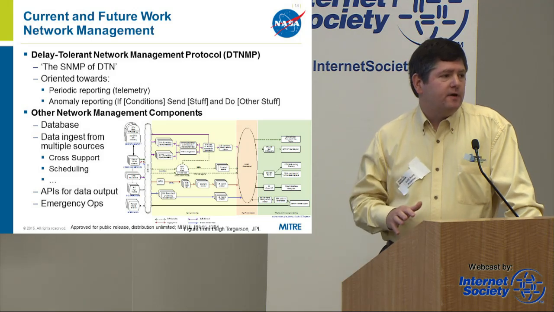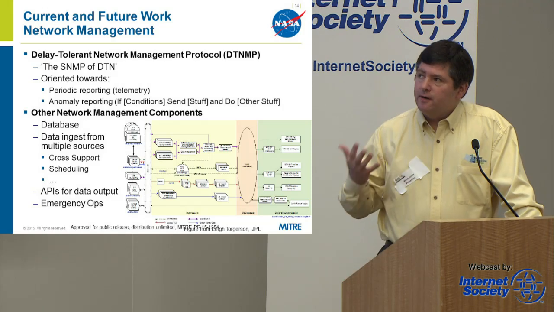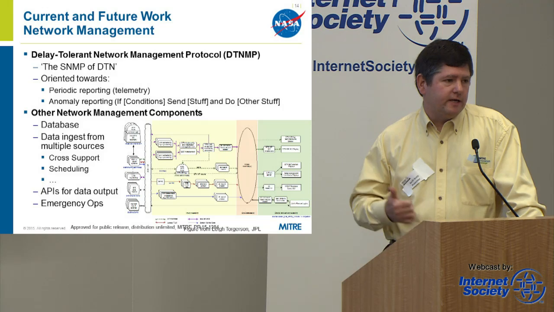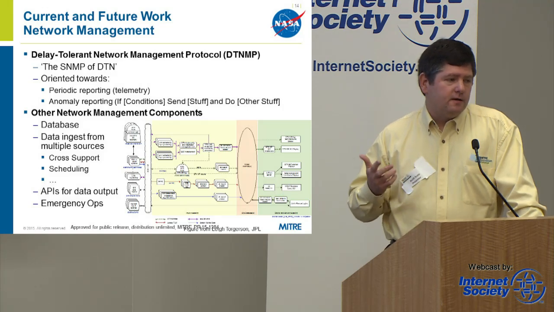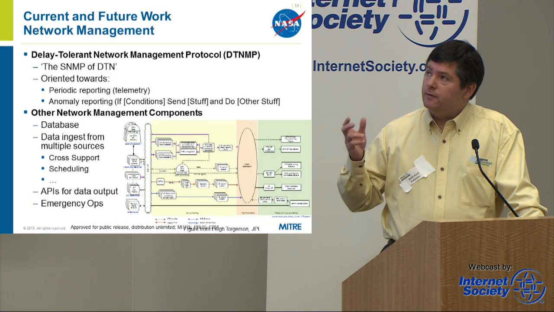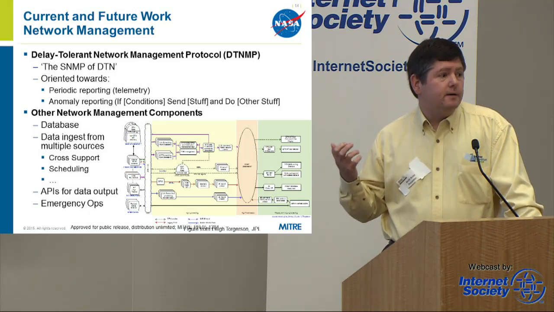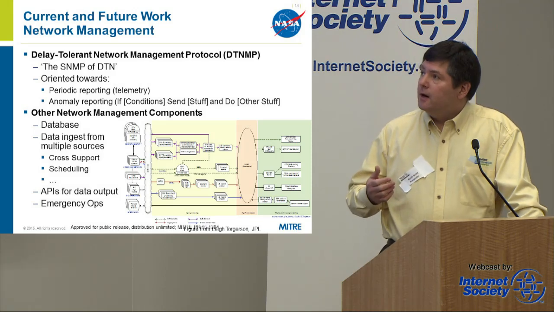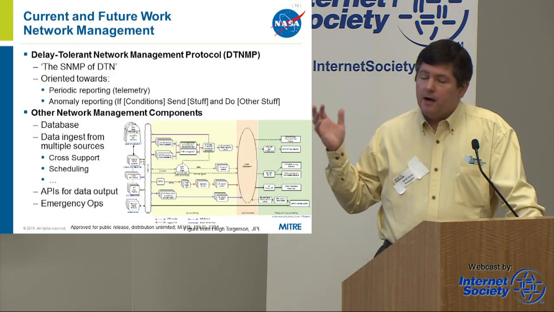There's a ton of stuff going on, and a ton of information that is available. Information coming back from ground stations about the quality of the link, information that we can get out of this DTN network management protocol about various parameters of BP. In the MIB model, there's a BP standard MIB and an ION MIB. So what's the other stuff that we can get out of ION, right? Things about what the SDR looks like. We'd like to pull all of that in, jam it into a database and then build an API, a GUI